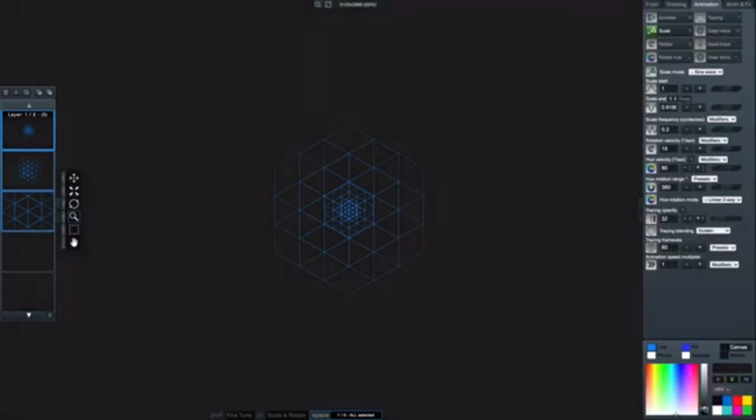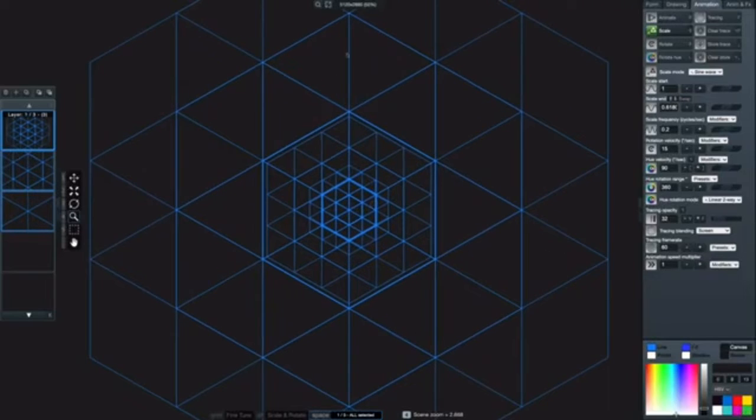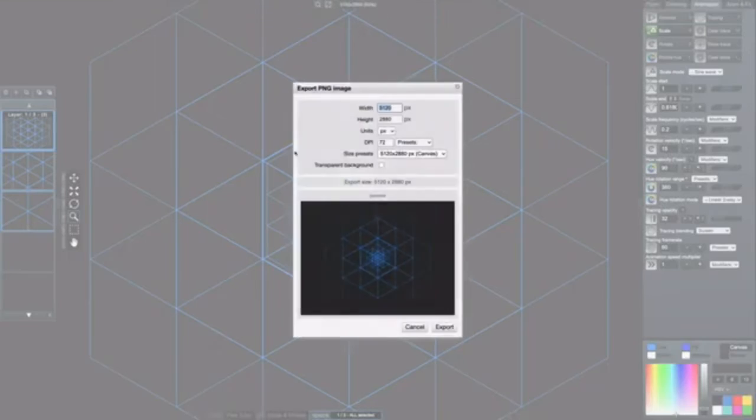So with this you can now very easily create high resolution versions of your scenes. As you can see, we now have a scene with over 5K in resolution, and when we export that, it will now also show the export size here,